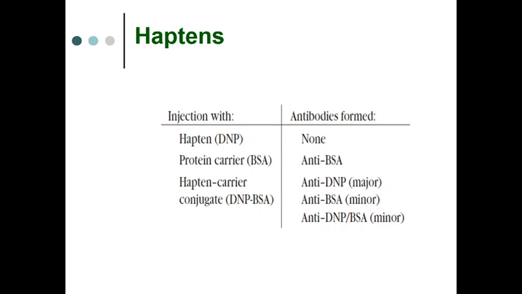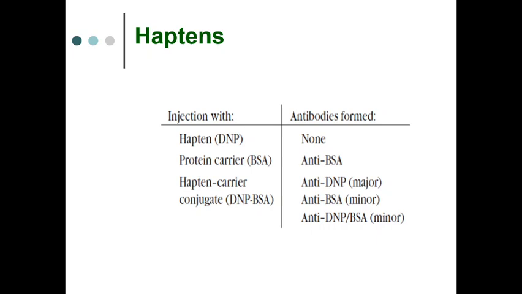Now if you conjugate dinitrophenol, in the form of bonds, with bovine serum albumin at different intervals, DNP is bonded to bovine serum albumin. Therefore, BSA becomes the carrier of DNP. This you can compare to a drug molecule in your body binding to a known protein in your body. So now you get a hapten protein carrier. The hapten DNP is attached to the protein carrier, that is BSA, and when it is injected into the